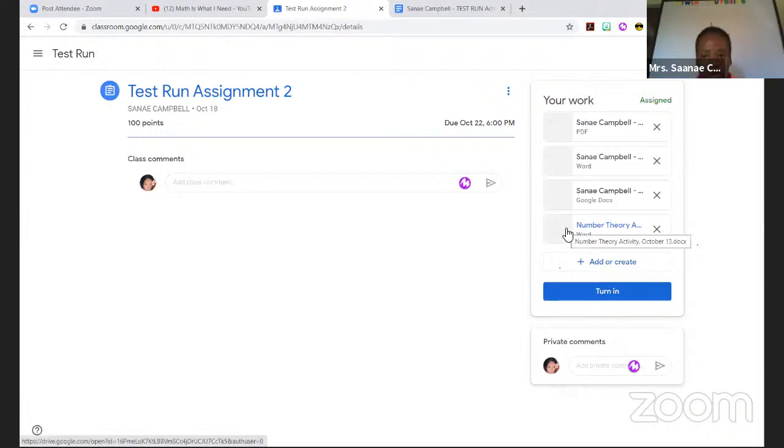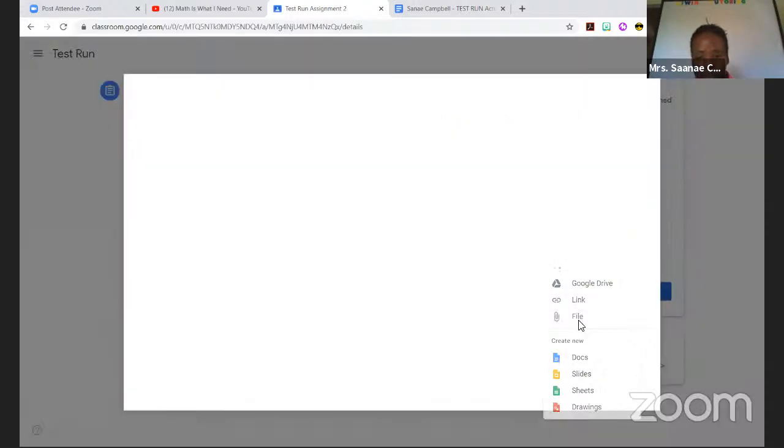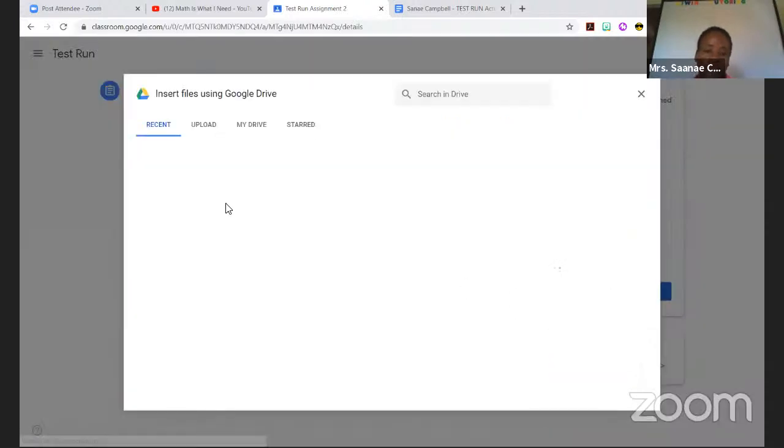I am finished uploading my assignment. What if it was a picture that I took in my book? Add or create again, same procedure. Go to file, go to upload, go to browse,